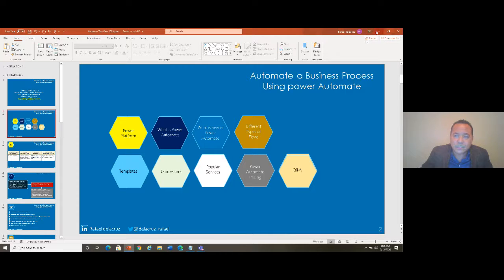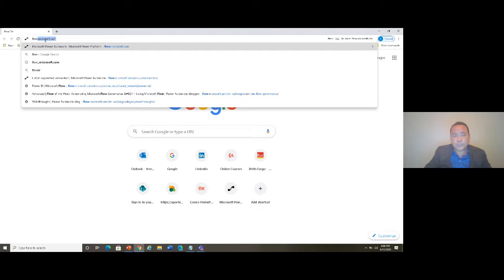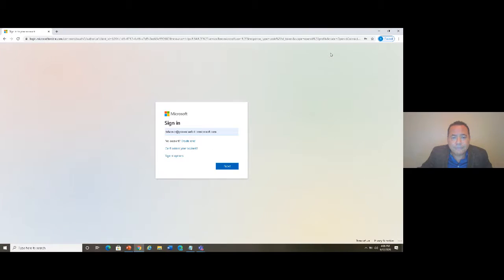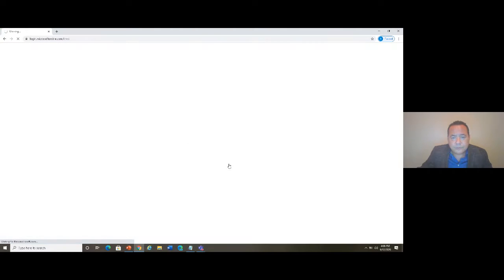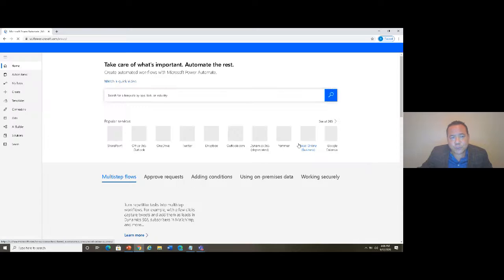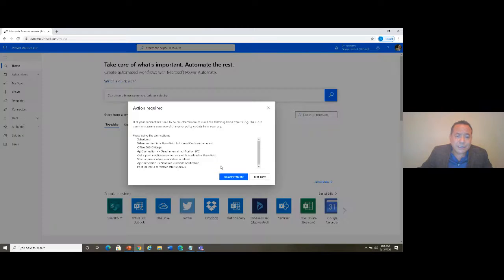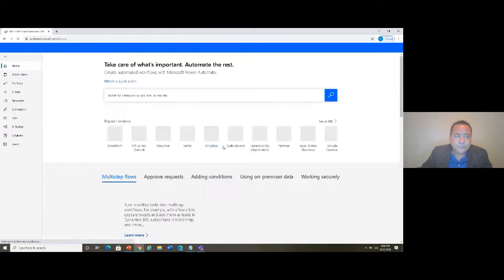So before I start with the presentation, so you understand what I'm going to be showing you, I will go ahead and show you a way to log into Power Flow, which is now called Power Automate. So when I log in, my account is there, my password as well. Click on yes. And again, I do this for you to understand what you're going to see in the presentation. So when I log in, you will see this is something that will be fixed just by doing this. And I go back home here.